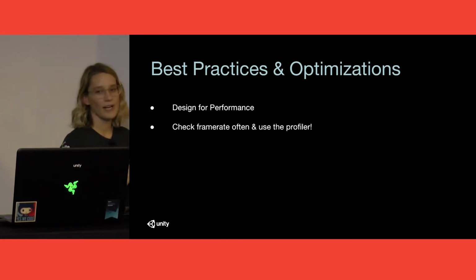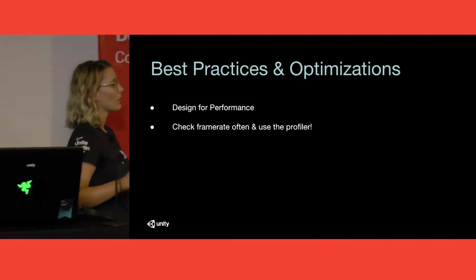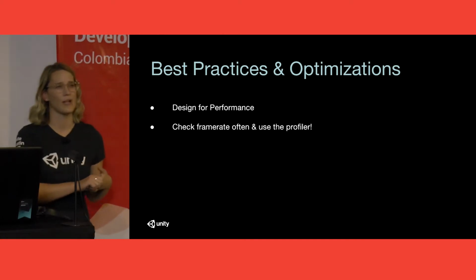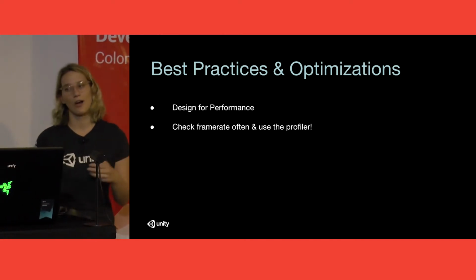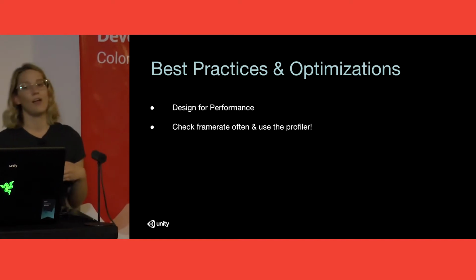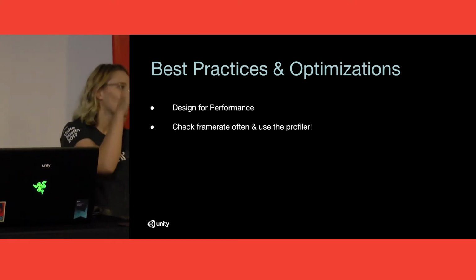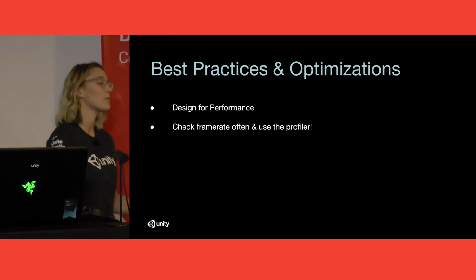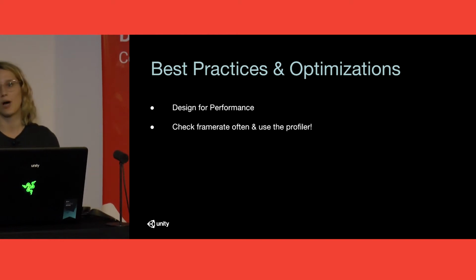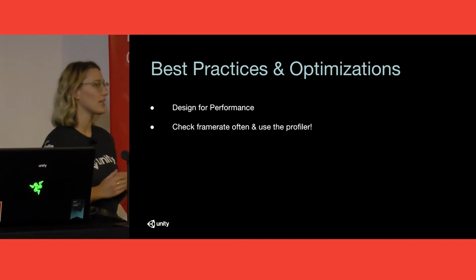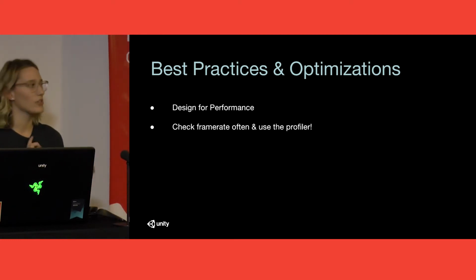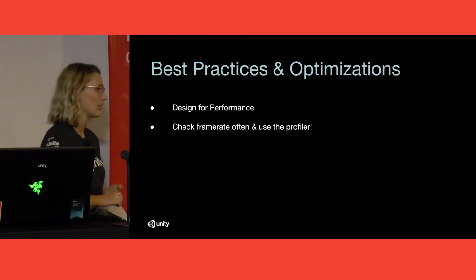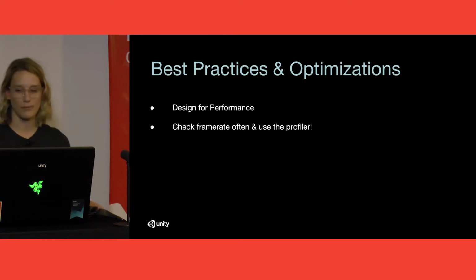And also check your frame rate often and use the profiler. Since you are going to be building to achieve that frame rate, it is really important that you check your frame rate. Also, it's really important that you're constantly checking how your game looks in VR. It is a bit of a pain to put your headset on, change something, take it off, back and forth. But it's worth it, because you're going to find something that's not working so much quicker if you're constantly iterating by checking how it looks in VR, checking the performance, your frame rate. If your frame rate's not perfect, use the Unity profiler and try to figure out what's stopping your frame rate from being what you want it to be.